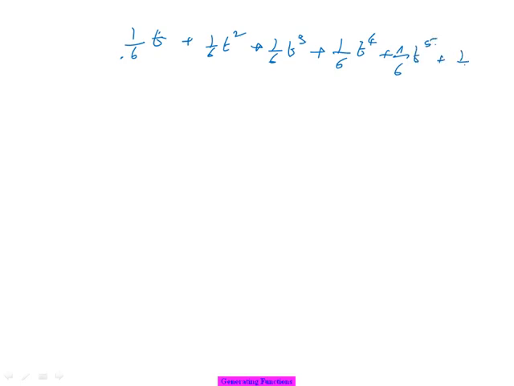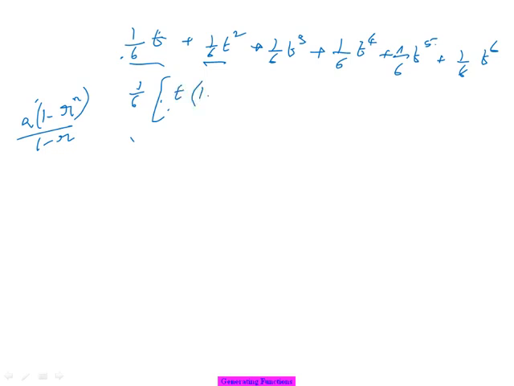So the question could be more like this: find the probability generating function for something. You need to know each of the probabilities and multiply it by t power x. Now, if I simplify, this is a geometric progression. If I take 1 by 6 out, it is nothing but t plus t squared plus t cube plus so on, the sum of the first 6 terms. The sum of n terms of a geometric progression is a into 1 minus r to the power of n by 1 minus r. So a is the first term, which is t,